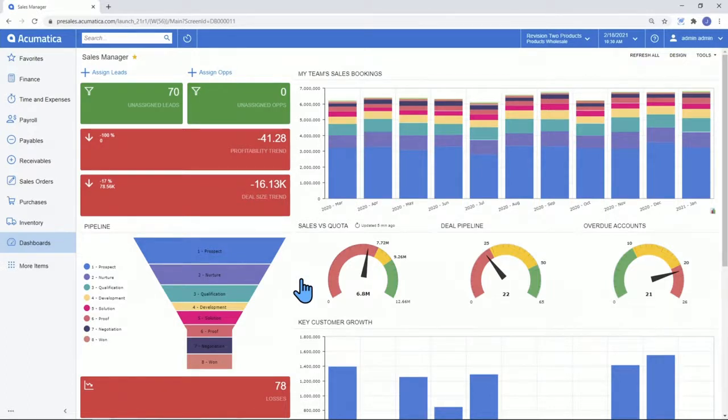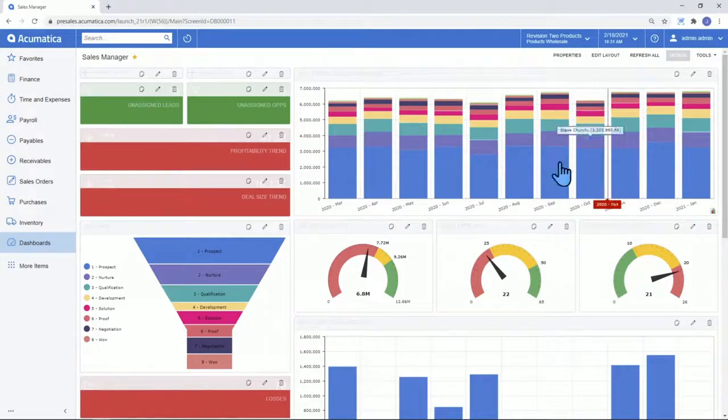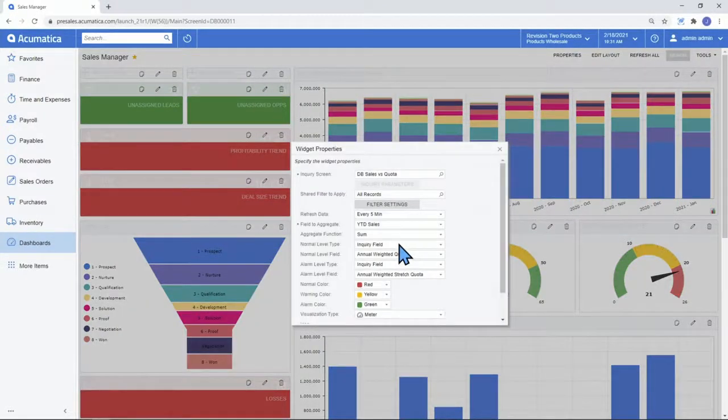Now, as a sales manager, some of the activities that I am interested in are sales versus quota, my deal pipeline, and my overdue accounts. So I have this instant visibility to see if my team is meeting their goals or not. One thing I would like to mention about these meter tiles is that not only can you use an absolute